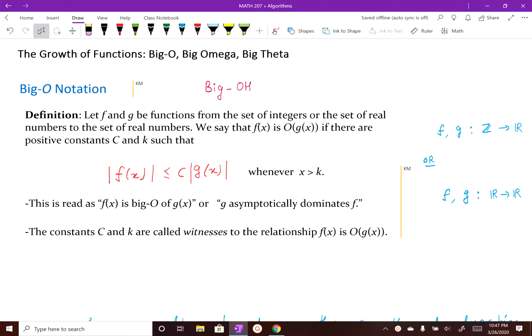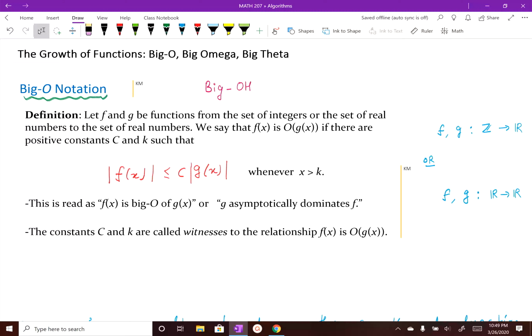Good morning, everyone. In this class, we're going to continue our discussion on growth of functions. In our last class, we introduced the notation of big O. Today, we're going to introduce the concept of big omega and big theta. If we recall the definition of big O notation,